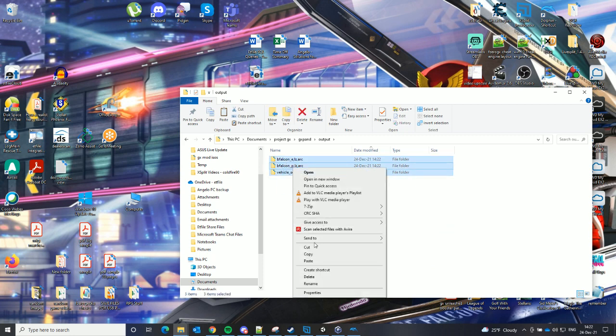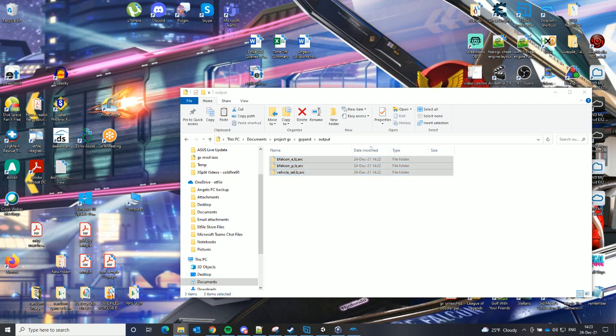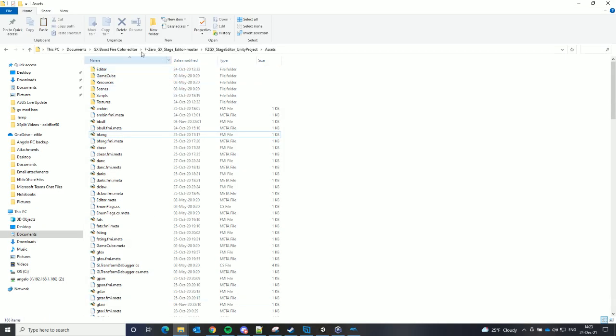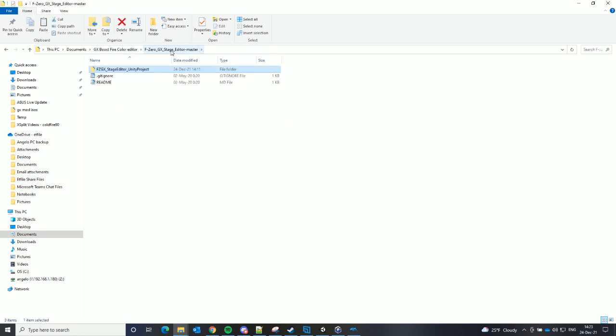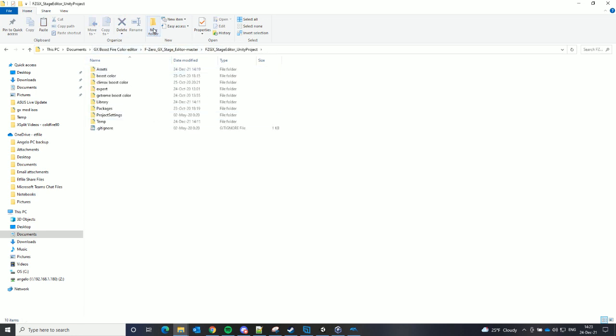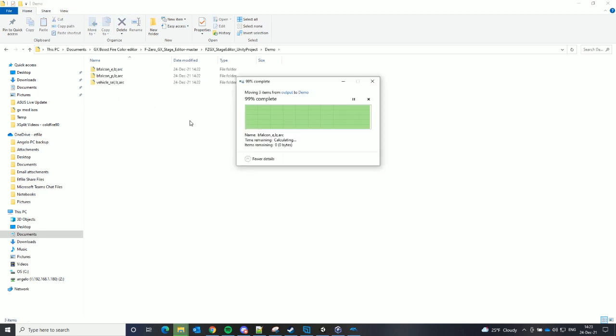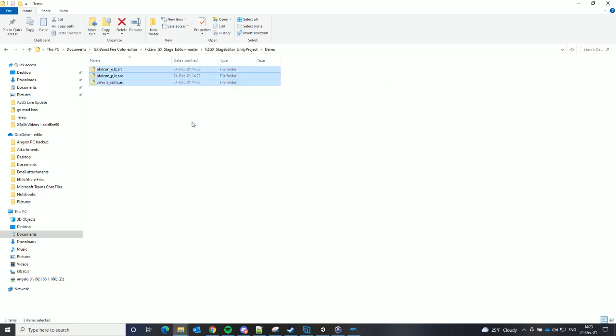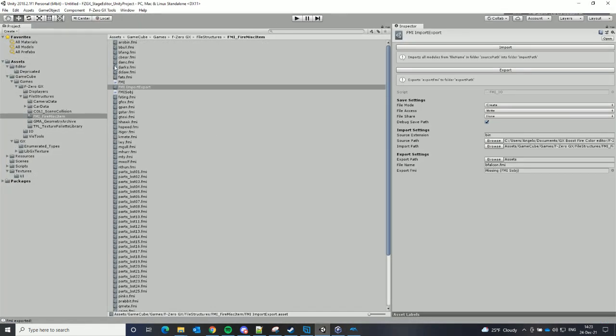So I'm going to move these files over. Let's place them over here. I'll just make a new folder here. I'll just call it demo. And this is the Unity folder containing the tool or project with the booster fire editor. So next you want to open up Unity, which I already have open here, but when you open it up,